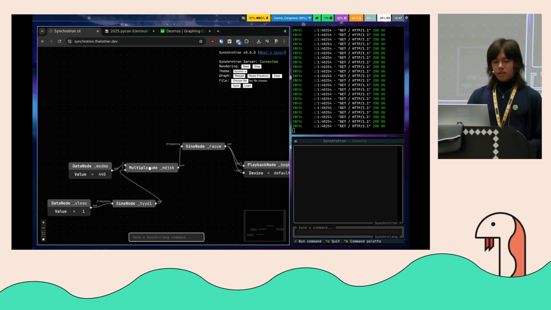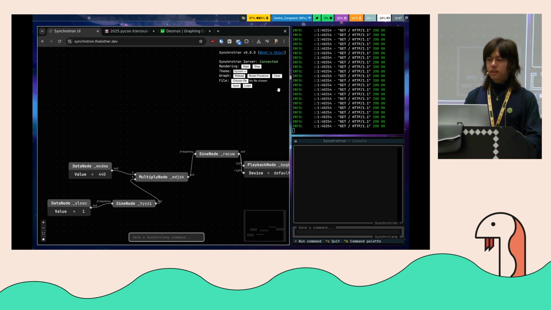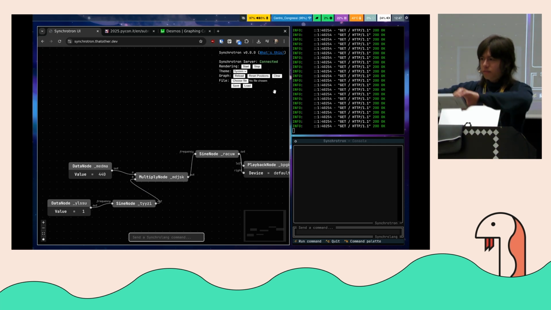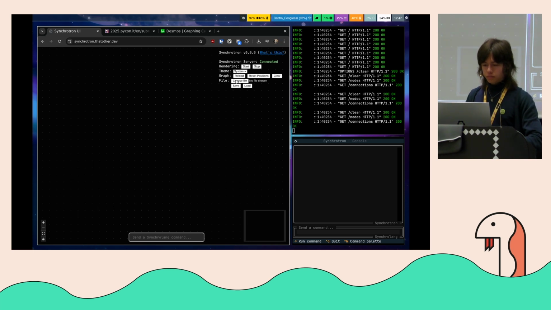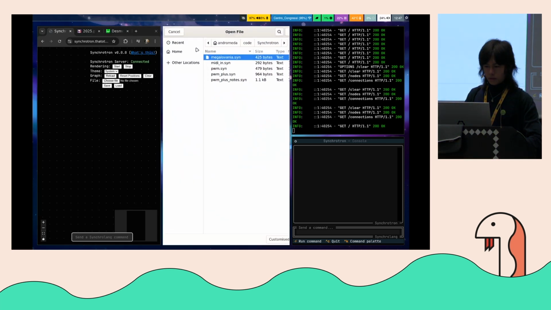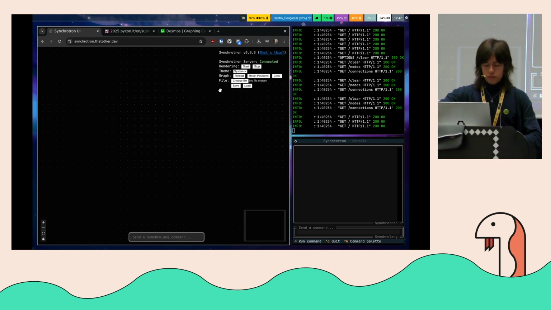And this system doesn't have to only deal with static values that are created in the computer. You can also take in data from externally. For instance, I've got myself a MIDI keyboard over here. And what I should be able to do is create a